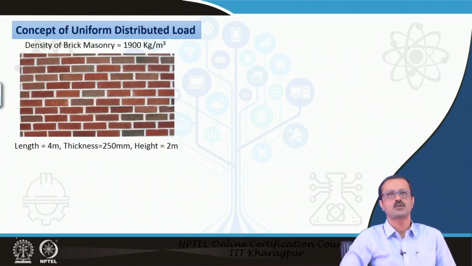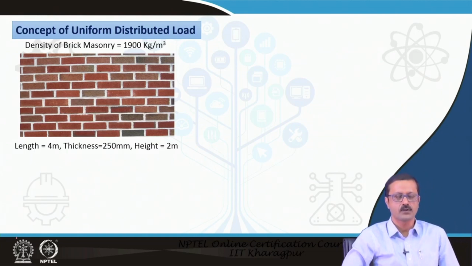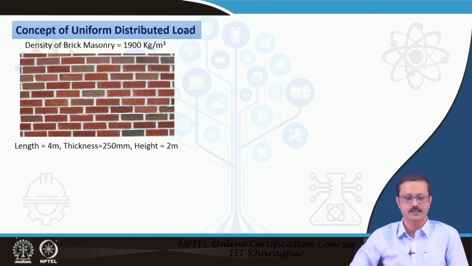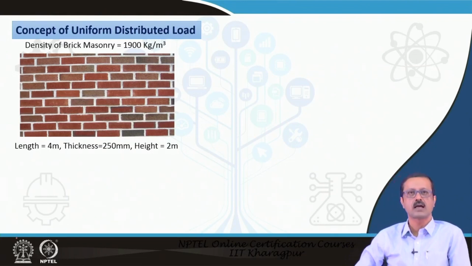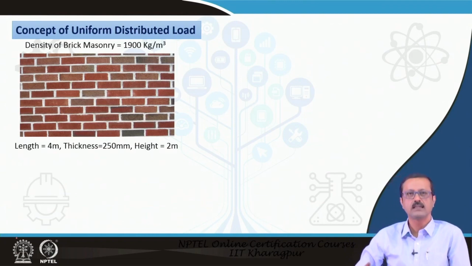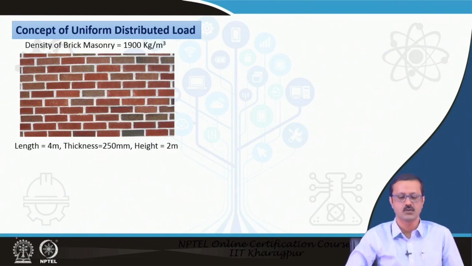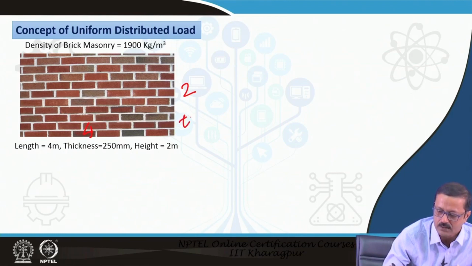Now, let us conceptualize the uniform distributed load. Before we conceptualize that, let us have a brickwork, a brick wall, and let us imagine that this brick wall is having 4 meter of length, the thickness is 250 mm and the height is 2 meter. So, this is your 4 meter, this is your 2 meter height, and the thickness is your 0.25 meter,